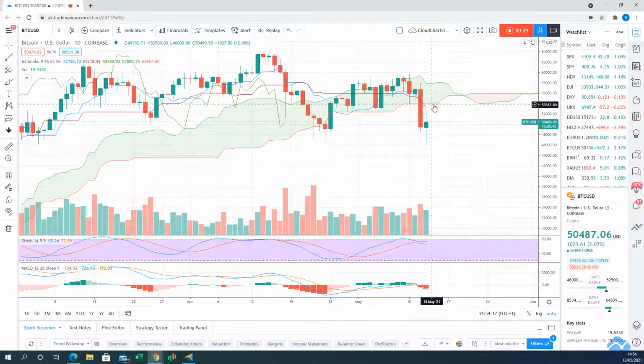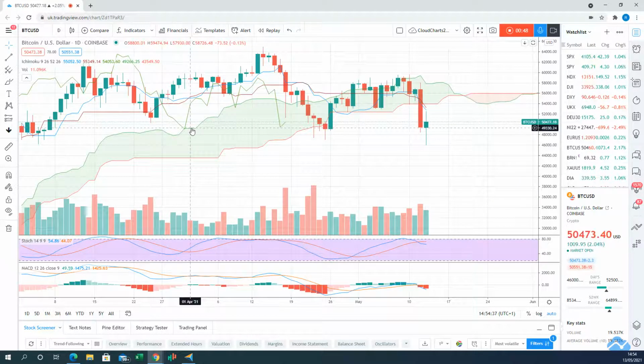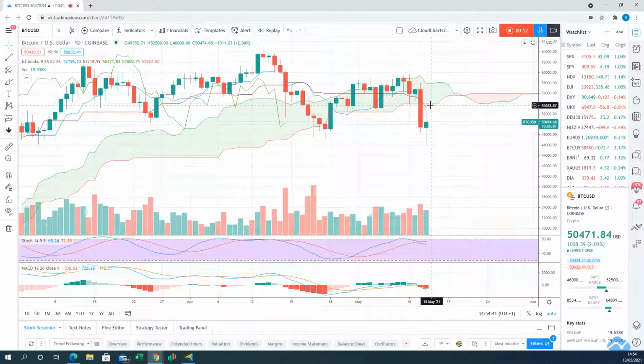of the cloud, at 54,000. So that's the line in the sand to change the outlook from the current bearish back to bullish. That's an absolute critical level. The old support lows here have come back into favor. The bottom of the cloud here, as well as this level here, you can see is also a key support zone for Bitcoin. So there's a short-term swing trade back up to the bottom of the cloud if support comes in